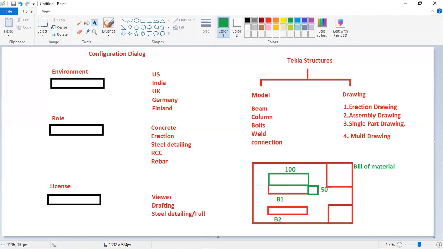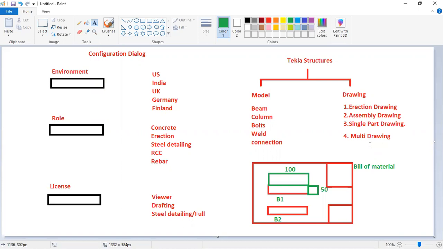What we are doing is combining those assembly drawings into a multi-sheet and submitting it. What it actually does is reduce the number of drawings, right? Say I have B1 to B10. As assembly drawings, it will be 10 drawings, right? But if we are generating a multi-drawing, I will just generate one drawing and club all those beams inside a single drawing. So it will reduce your number of drawings. Multi-drawing reduces the number of drawings. So that is the purpose of creating this multi-drawing, but that is limited to the US standard.